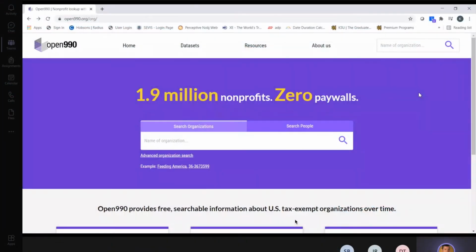Okay, our team was given a list of organizations to scrape data from the Open 990 website, where the ultimate task is to create a database of key professionals from organizations in this website. So I'll show you an example